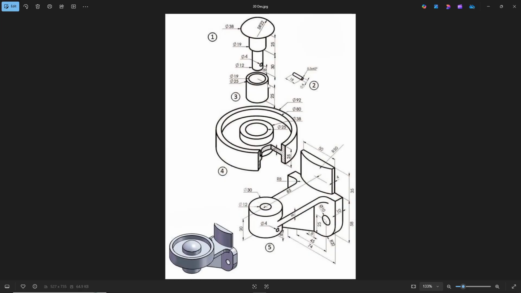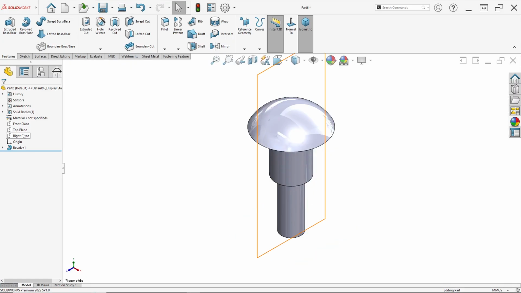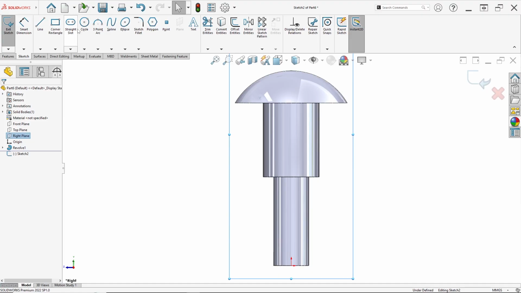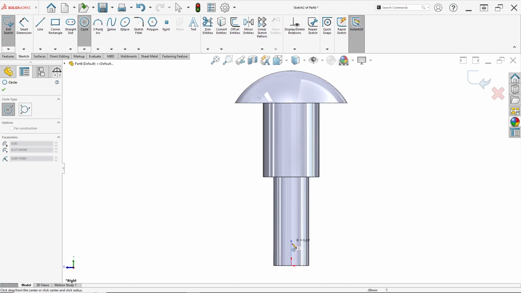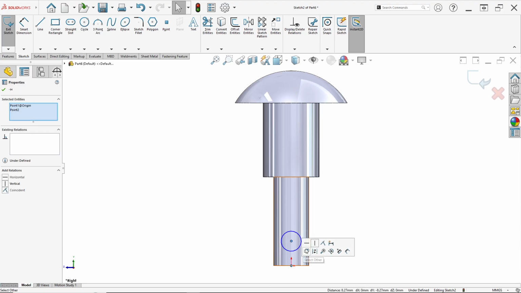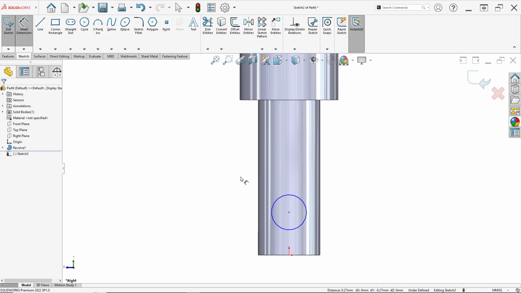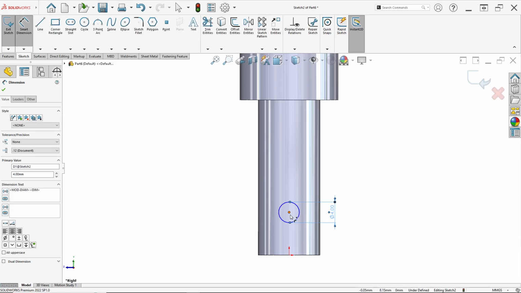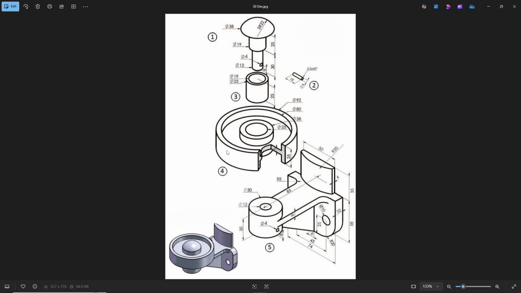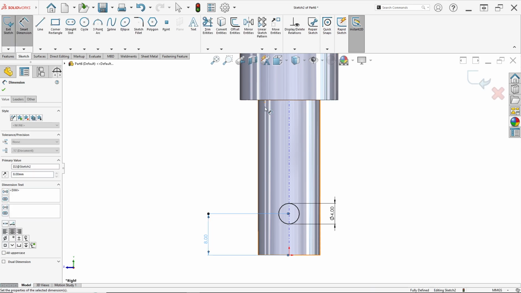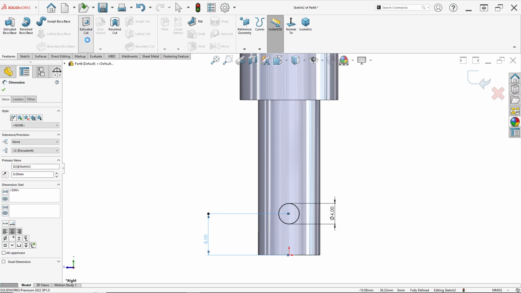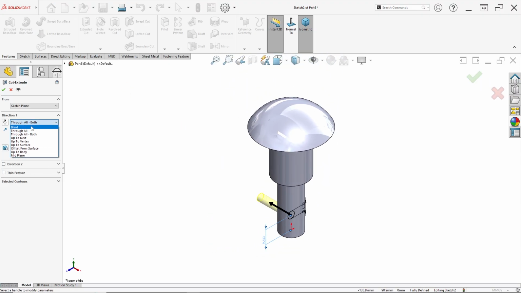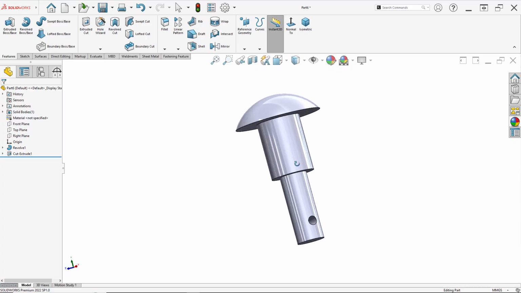Don't forget here have a hole to insert a pin in here. Diameter in 4. So right click on right plane. Just click sketch. Draw circle in here. Ensure the center at this point. Click make vertical. Set for diameter in 4 and distance the center of circle and this in 8 millimeter. Click feature and just click extrude cut. For direction, click or select in through all both. Click OK and done like this.